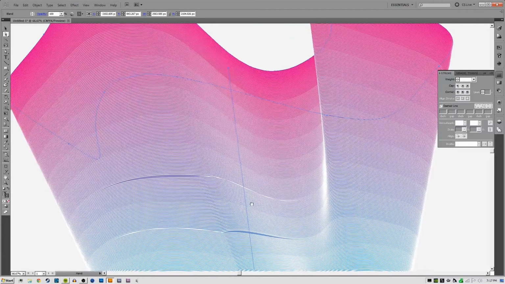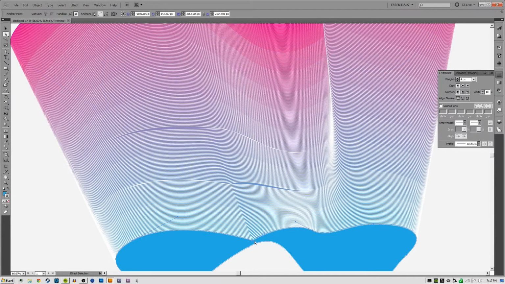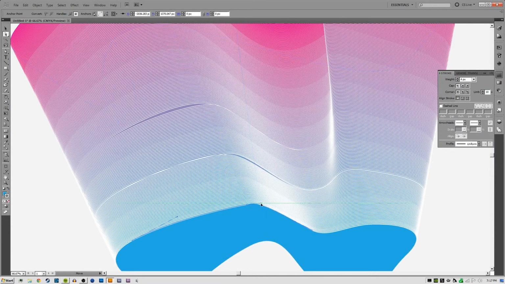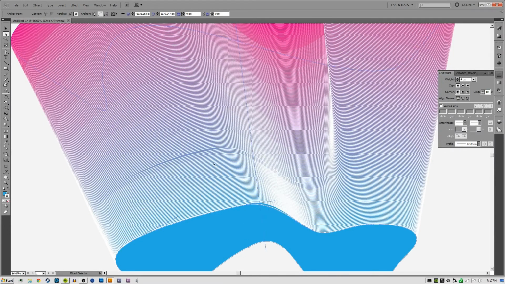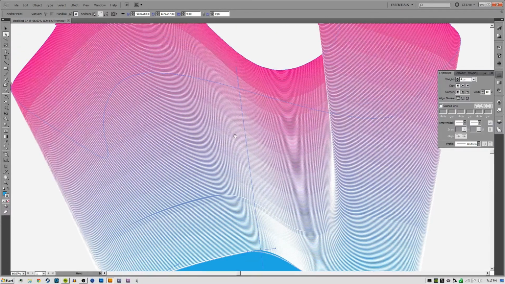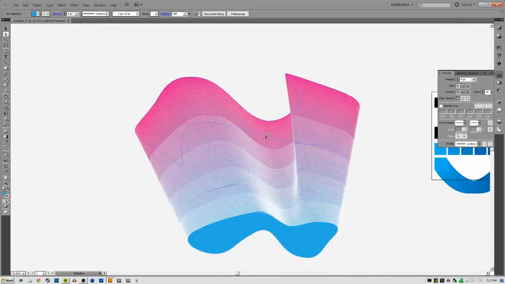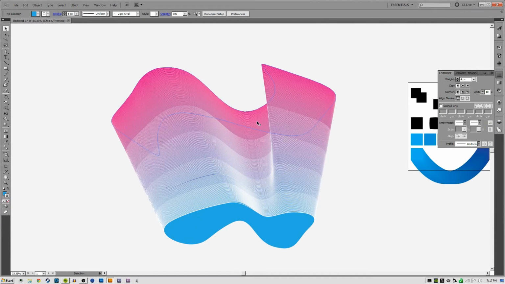So you'll see in a couple cases where it's having to do the guesswork that I was telling you guys about, where it's just going, it's close enough, and we're going to add the anchor point here. So again, this is just for a demonstration. I'm not trying to make anything awesome here. This is just to show you guys what the pen or the blend tool can do,